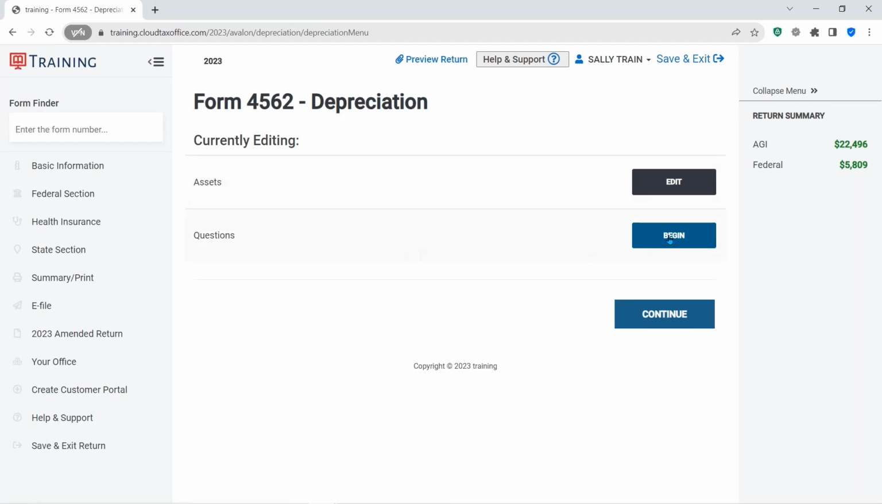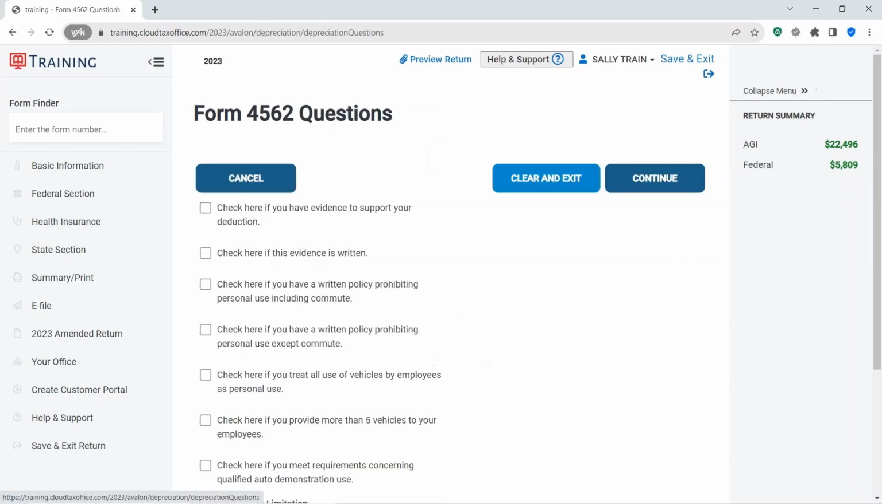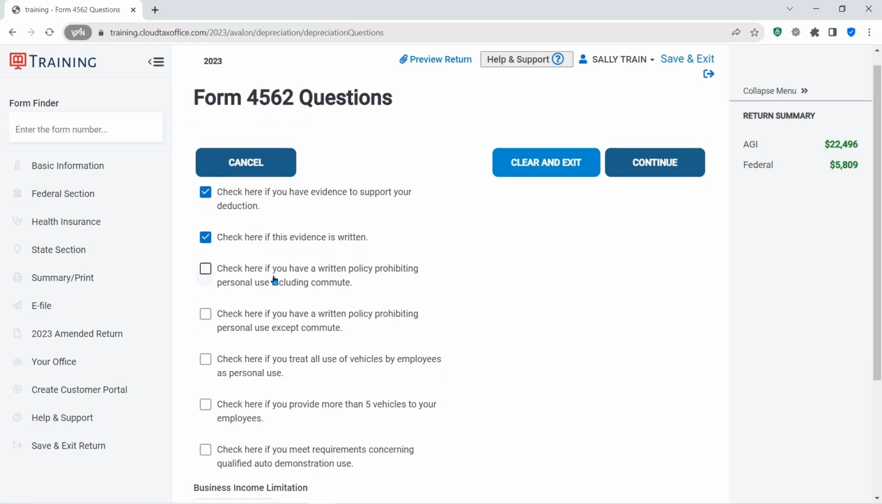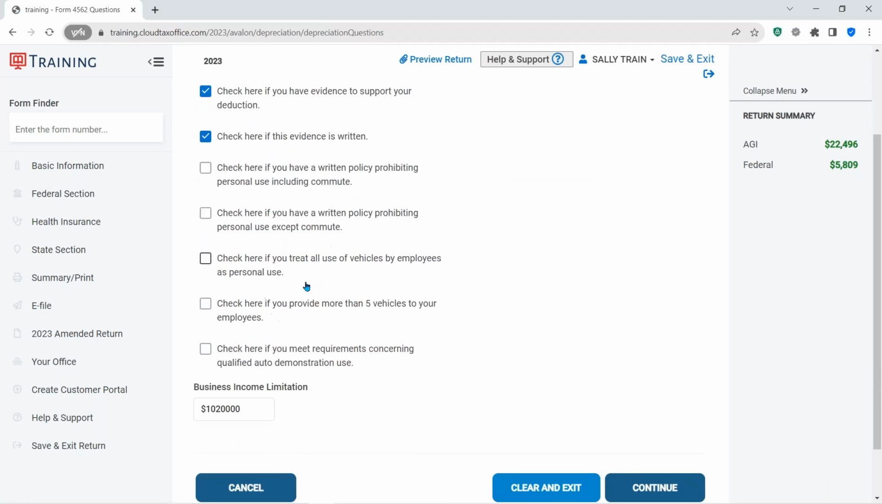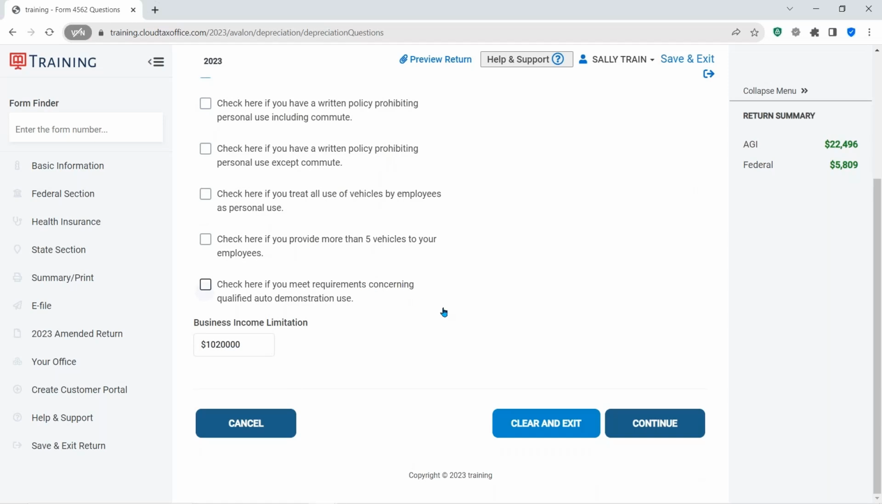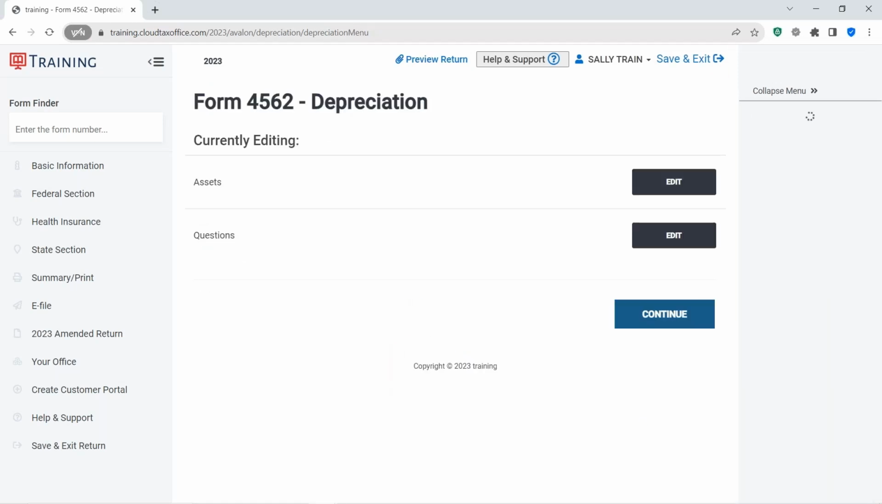Got some questions about that asset, so I'm going to hit begin. Do I have evidence? Yes, I do, and it's written. These are all questions about vehicles, so I'm not going to skip through those. And I'm going to hit continue. And I've answered those questions now. I'm going to hit continue again. And again,